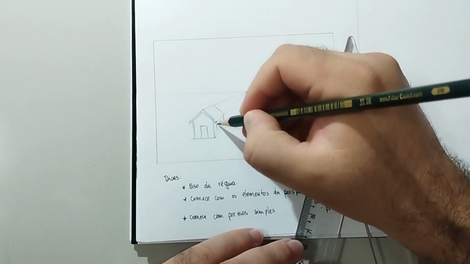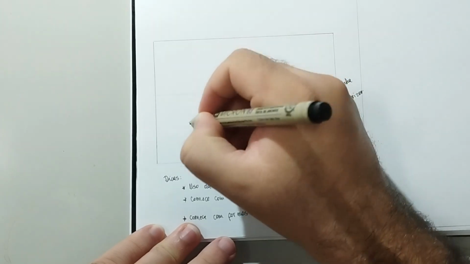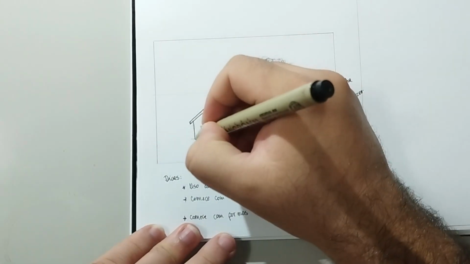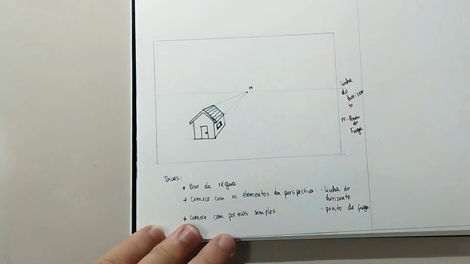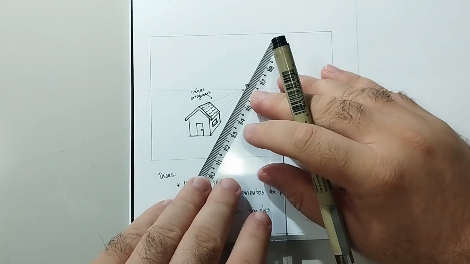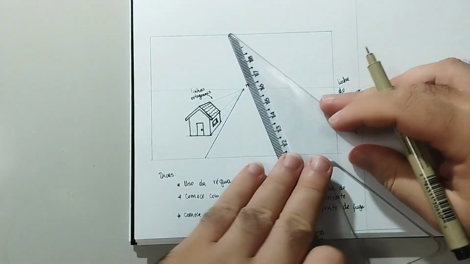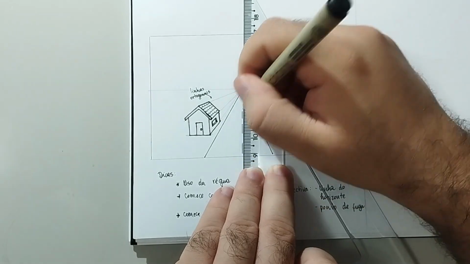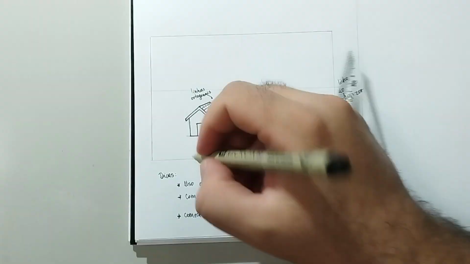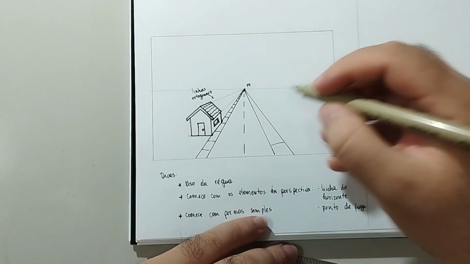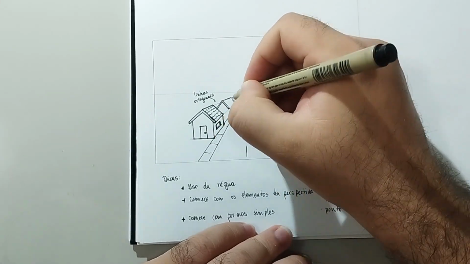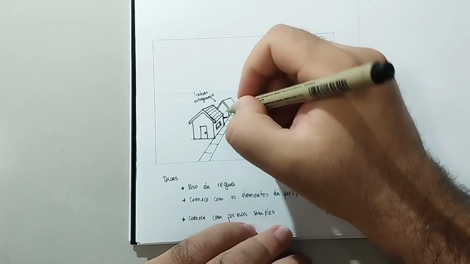I'm going to continue using the ruler to draw all the details of my drawings. And when I finish with my pencil work, I can start adding more details using a pen. So these are the orthogonal lines, and I create more of these orthogonal lines to add more details in my landscape so it is more interesting, like the sidewalks here, road, and I continue using these lines to add more